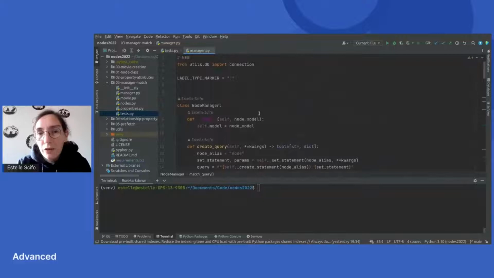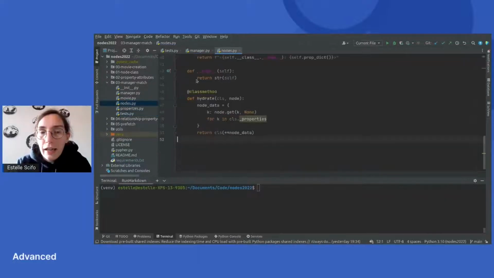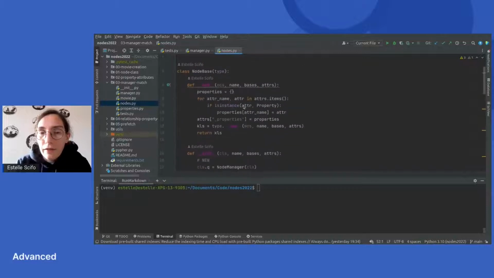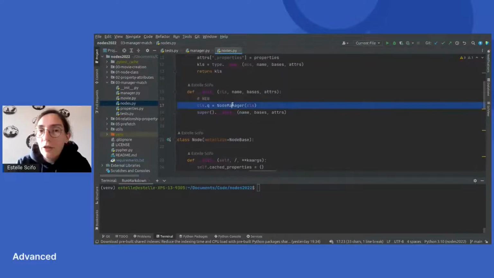The main difference compared to what you have seen before is that instead of building all the Cypher query in the node class, I have extracted all the parts of the code that build the Cypher query into a node manager. And this manager is attached as an attribute to all the node classes. It's called Q for query.